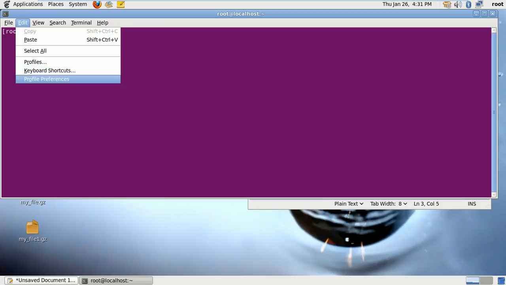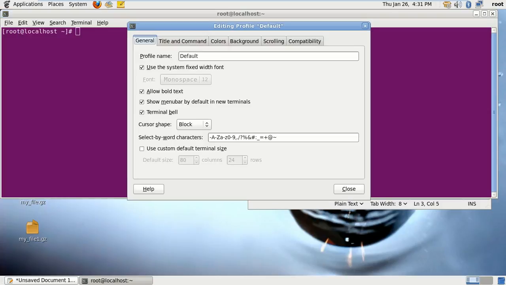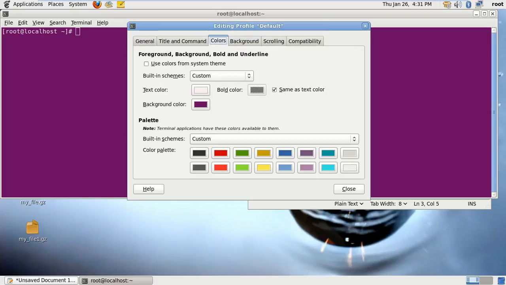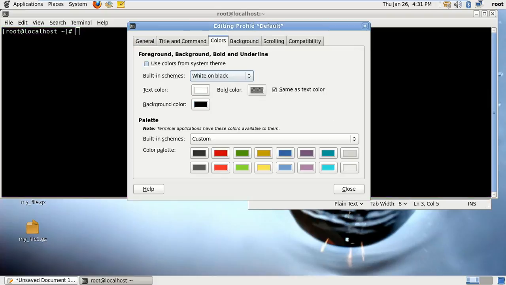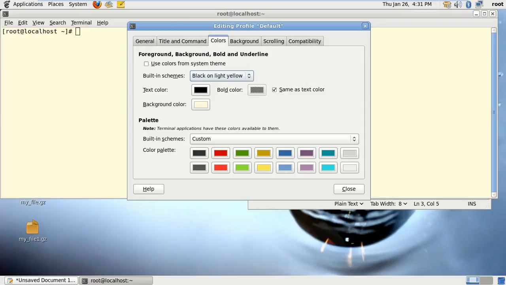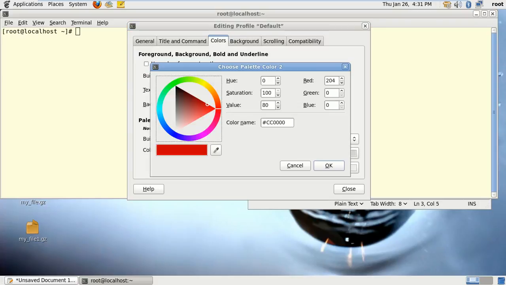Let's go back to profile references, and you can actually change the color. For me, I want to change the color here to black. Change the color custom. If you're doing custom, you have to change the color. So black and light yellow, so you can actually change the color. If you're doing custom, you can choose this,